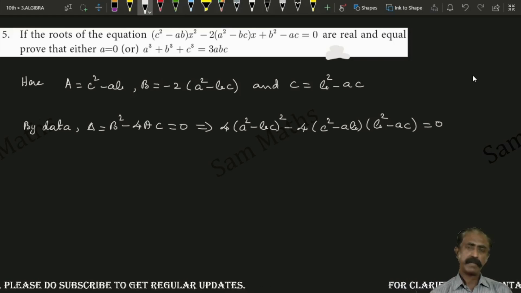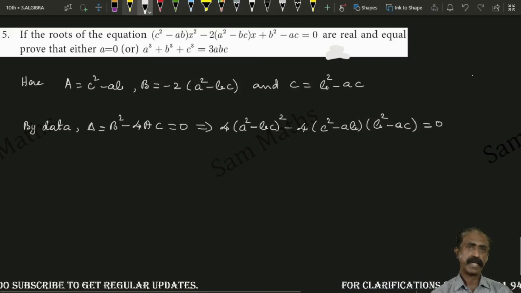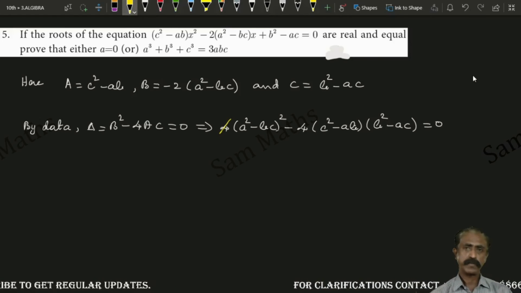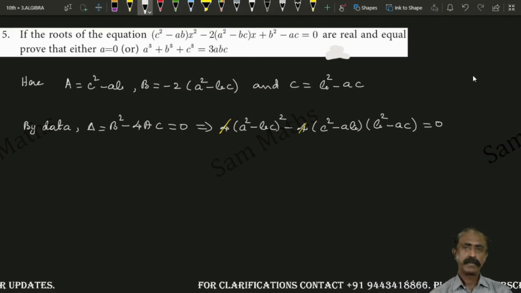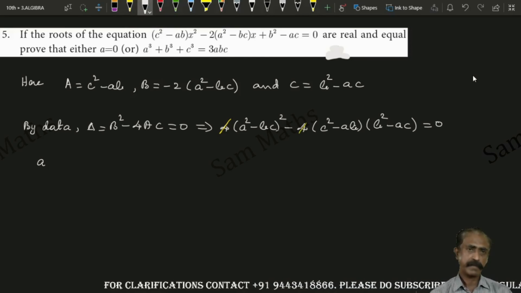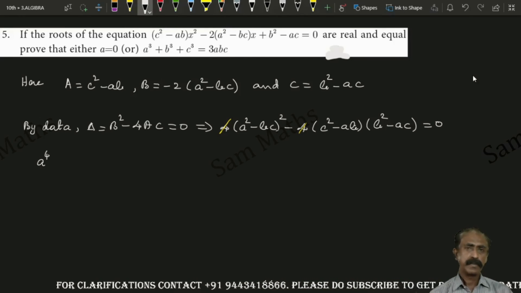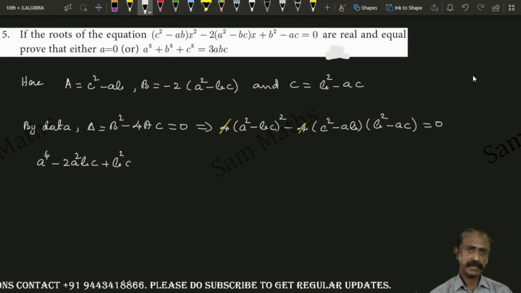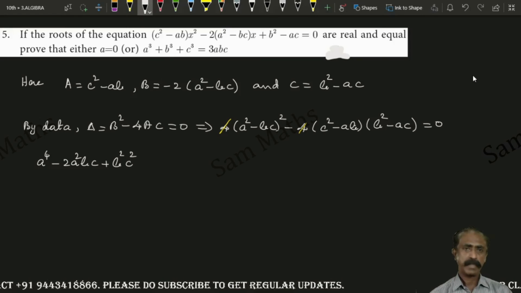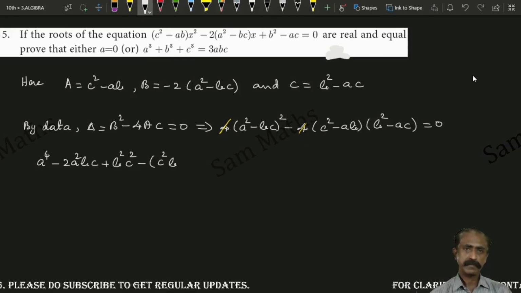We can divide by 4, so we can cancel these two 4's. Rest we can simplify. (A square minus bc) the whole square becomes a power 4 minus 2a square bc plus b square c square, minus of c square b square